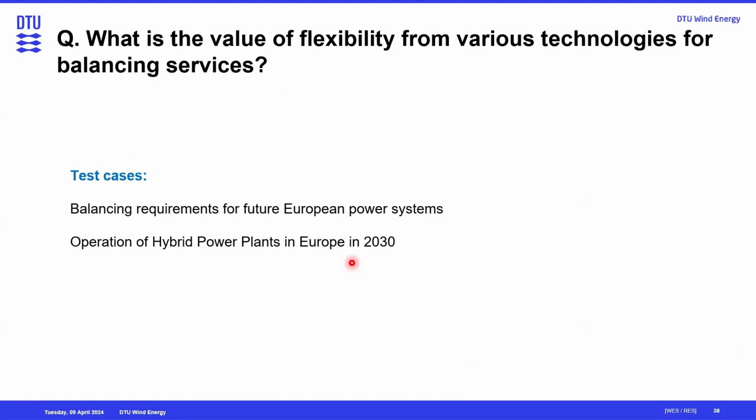Yeah. So now we'll give two examples. One is balancing requirements for future European power systems, and the operation of hybrid power plants in Europe in 2030. Those are two separate examples, and they would show why both the modeling of the balancing food chain, as we call it, is used for system level studies